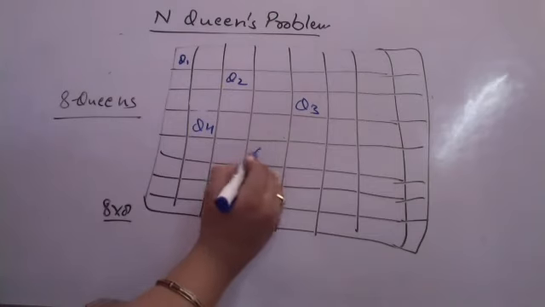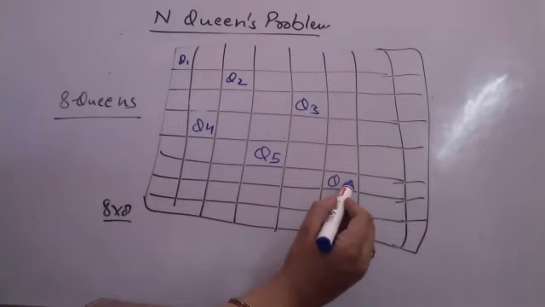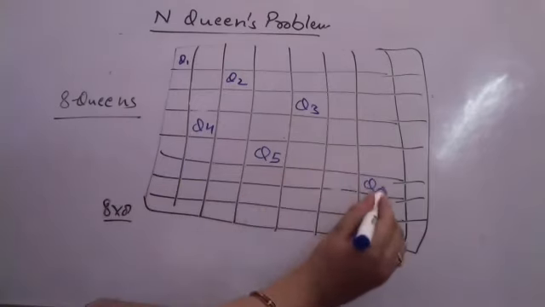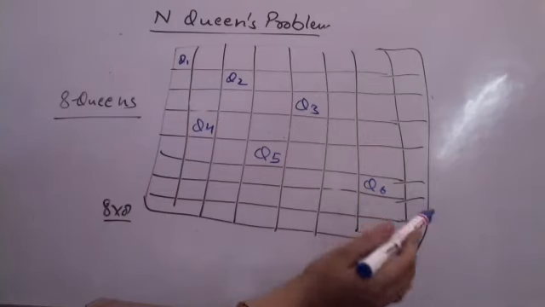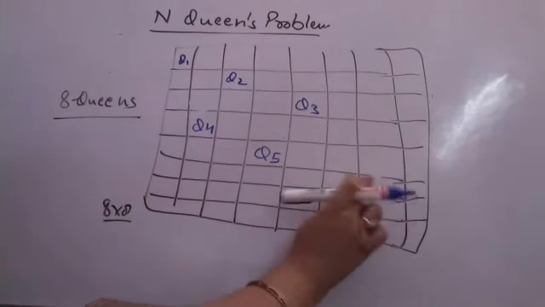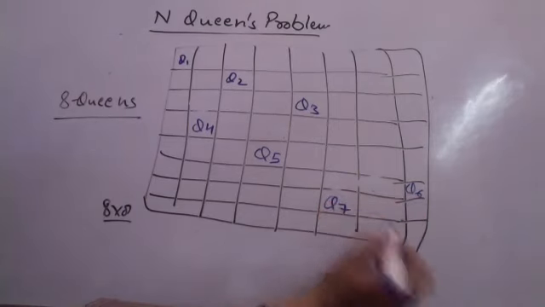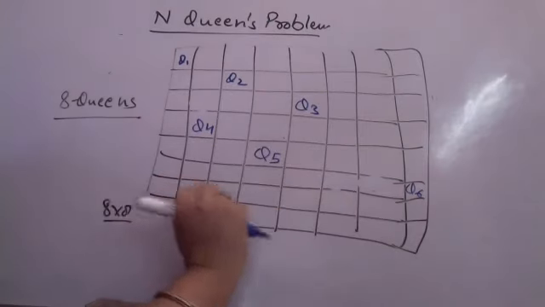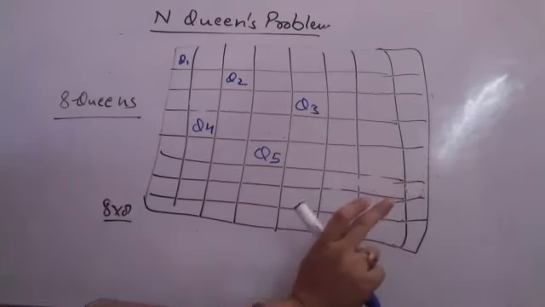Then I am moving to queen 5, it can be placed here. Queen 6 will be placed at this location. No, it is now coming at the diagonal. Queen 6 is placed here. Queen 7 के लिए कोई position नहीं बची अब. I cannot place queen 7 anywhere. Backtrack. Queen 6 की position change करो. Queen 7 की एक position मिल गई. नहीं मिली. This is still in the diagonal. I cannot have any other position for queen 7. Again backtrack. No more position for queen 6 is possible.